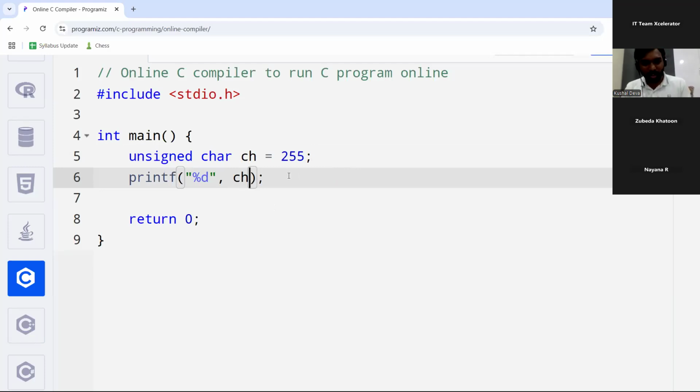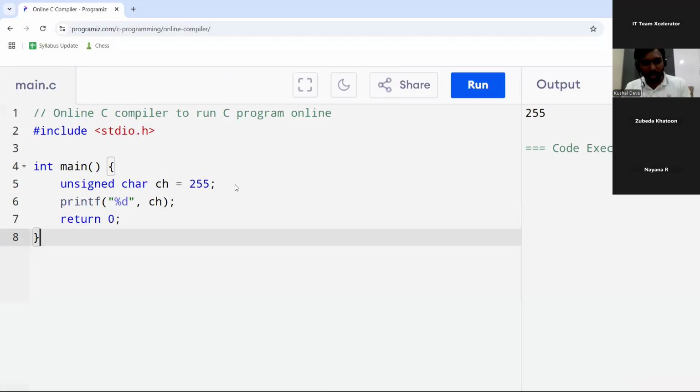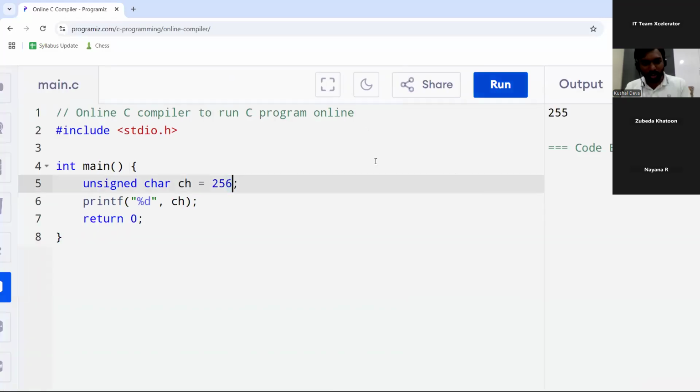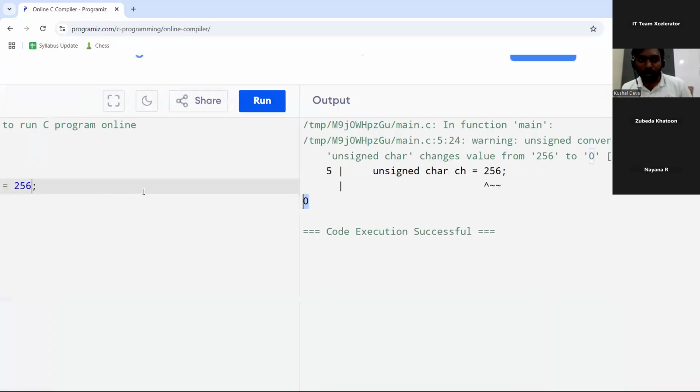You get the output 255. Let's take the value 256 now and see what we get. We got the value 0, right?